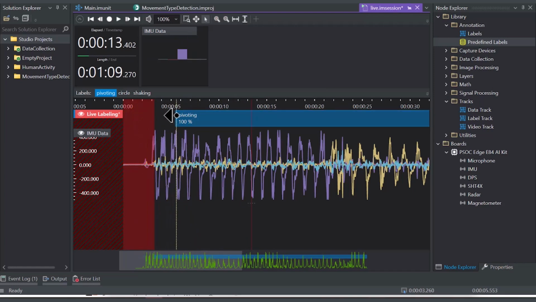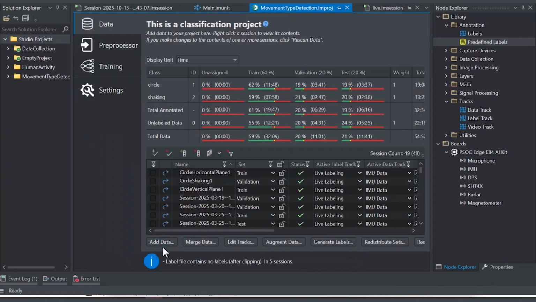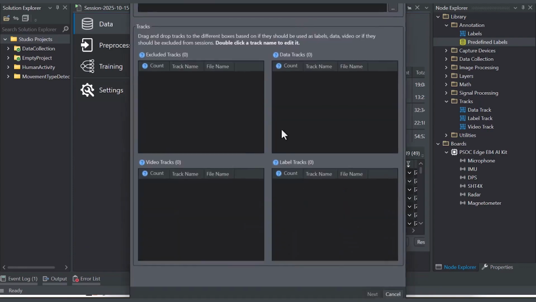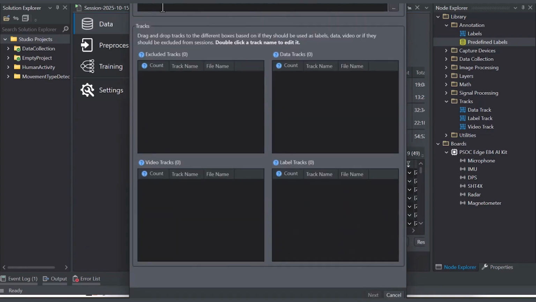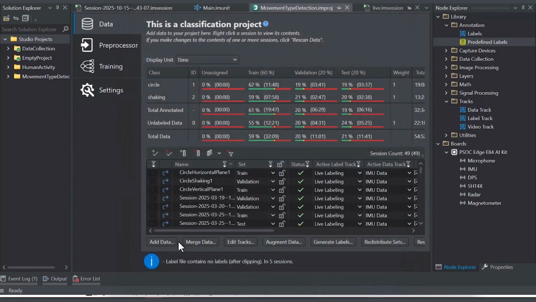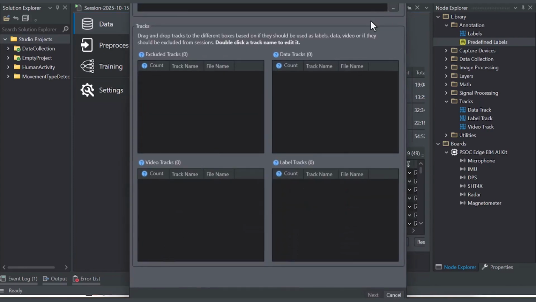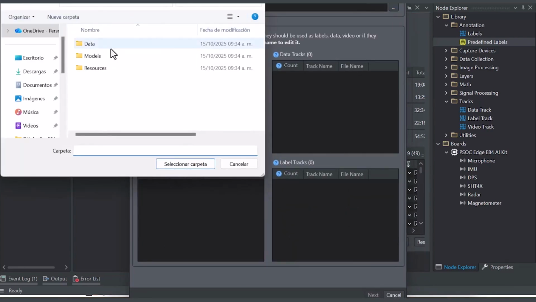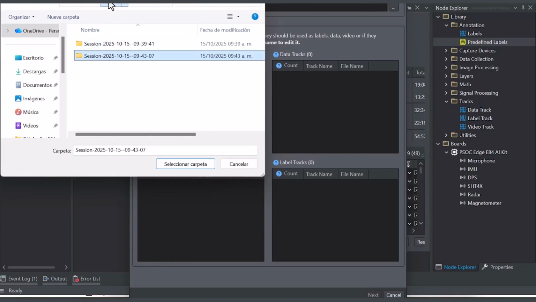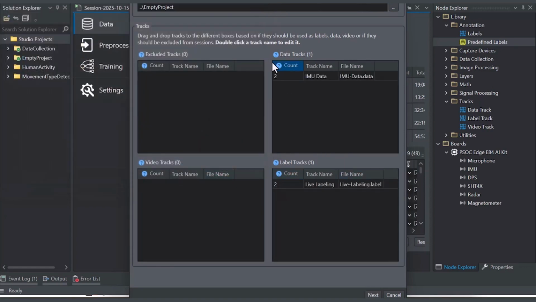And then we can hit Control S again and save this data. Now, for the adding of data, we can just go into the movement type detection and click on the bottom left here where we have Add Data. Here we can navigate to where we actually recorded this data and select the two sessions that we recorded, or rather the project that contains them, and we see the IMU data and the live labels have been appearing